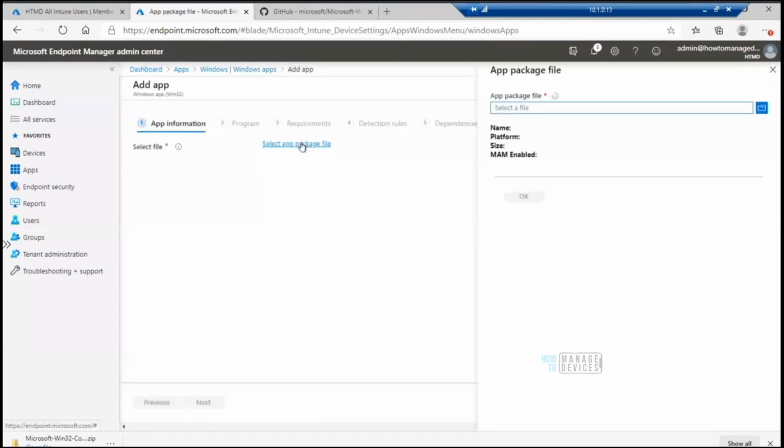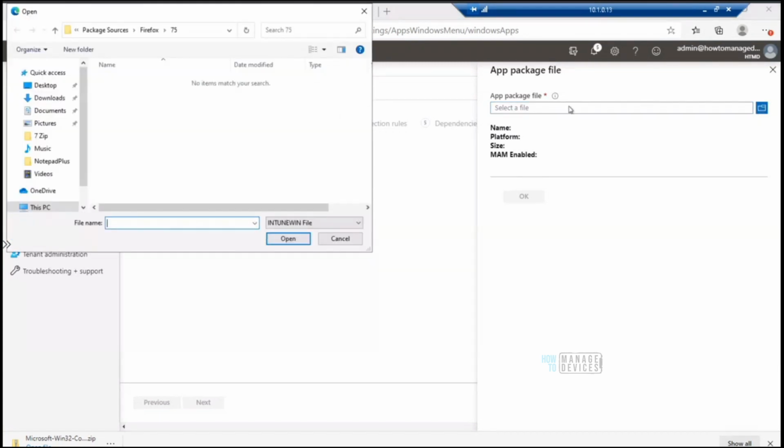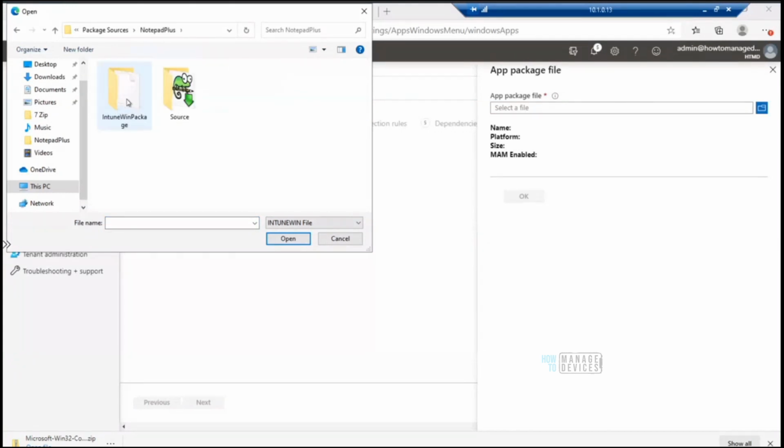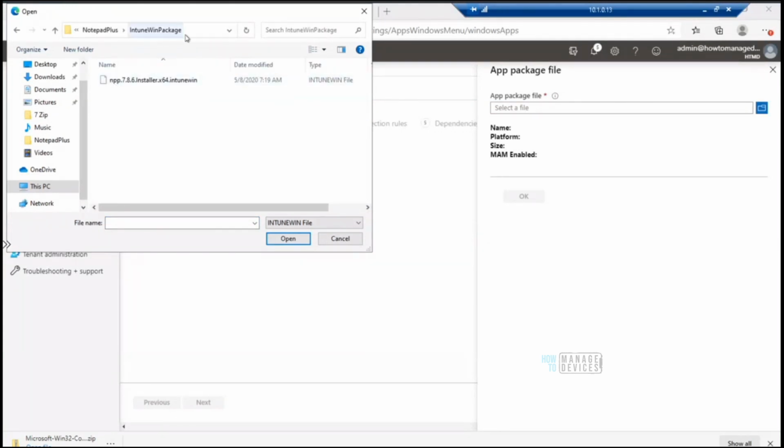Then select package file and browse through the folders. I am in my package source. I can see a folder Intune Win package. This is where we stored the Intune Win format.